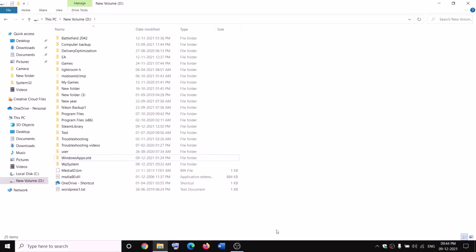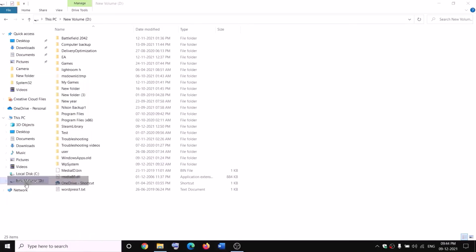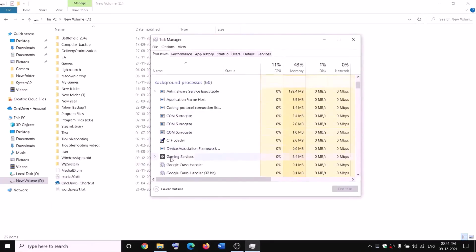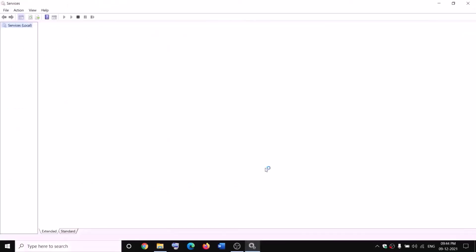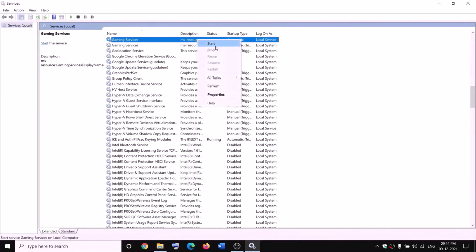open, in that case open task manager on your computer. Make a right click on the start menu, click on task manager. Now if you find gaming services, make a right click and then click on end task, and also open services over here, and then go to services and find gaming services, make a right click on gaming services, click on